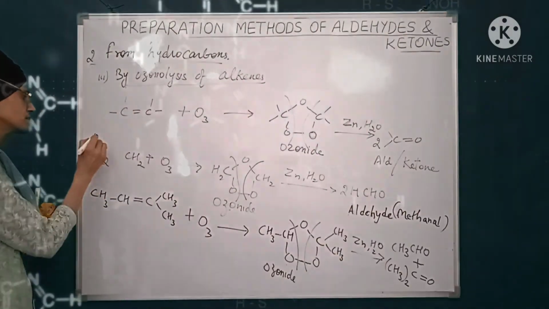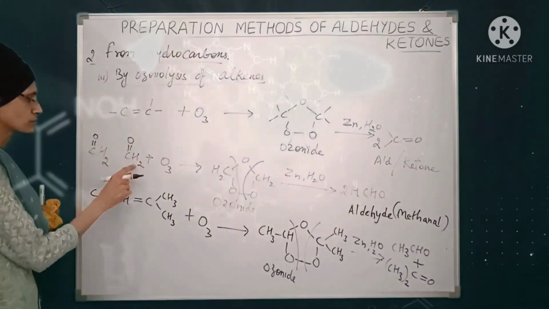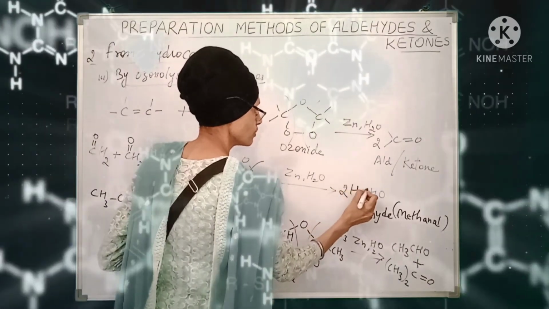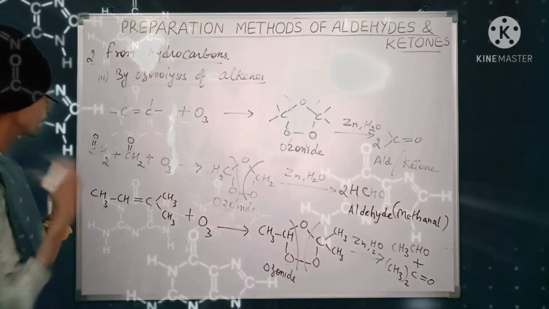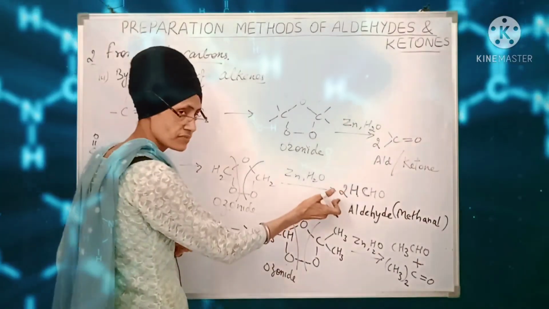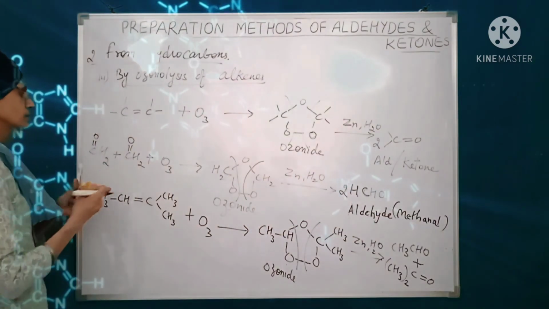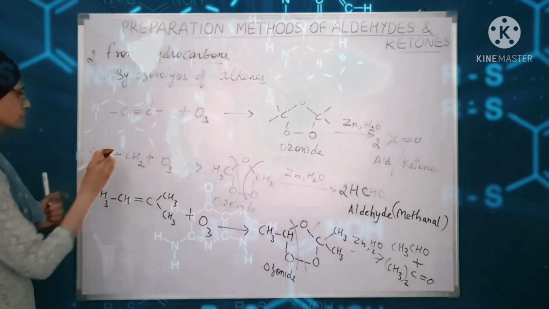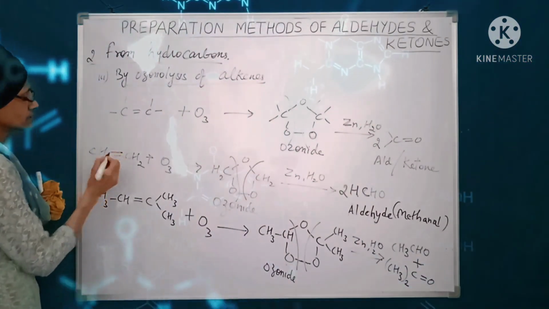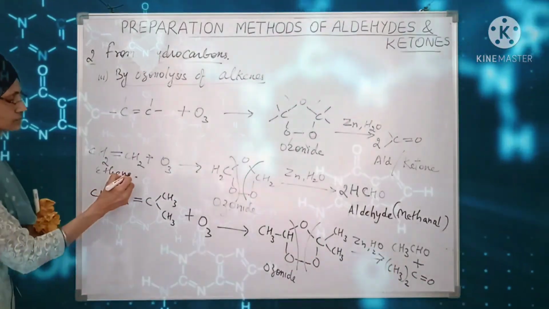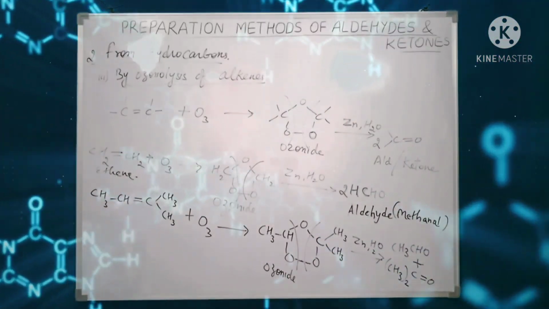Remove it, change it into a carbonyl carbon. Both are formaldehydes, 2 molecules of methanal or formaldehyde you can see here, aldehyde. And if you want to know the starting alkene from the products, then join both the products, remove their carbonyl oxygen atoms from the carbonyl carbons, join by a double bond, and we will get the starting alkene, which is ethene in this case. So this is a shortcut, this is a trick.